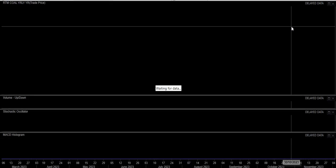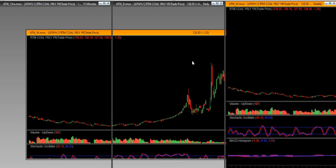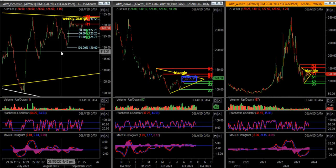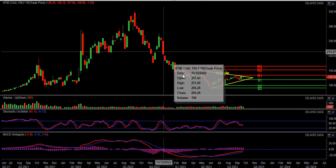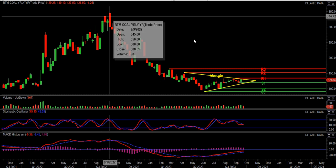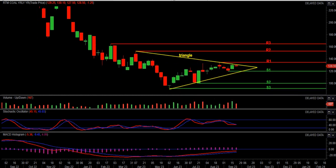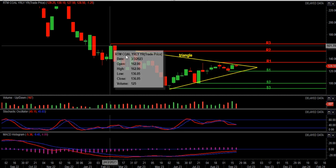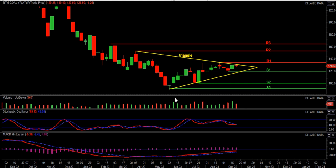All right. Coal hasn't been all too exciting. It has been caught in a sideways range for quite some time. Especially on the weekly chart, it becomes clear that we do have a little bit of a triangle going on. So we can see we had this long extended downtrend that goes back all the way to September 2022. And now it's been going on for months. We are in this triangle that is squeezing price into a tighter range. So it is also this triangle that keeps the midterm outlook